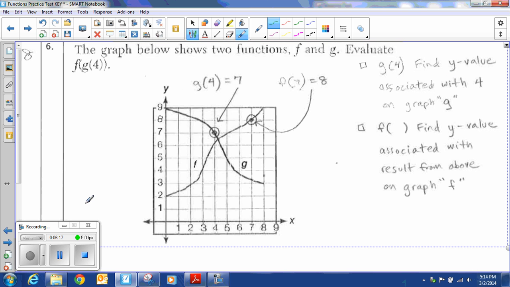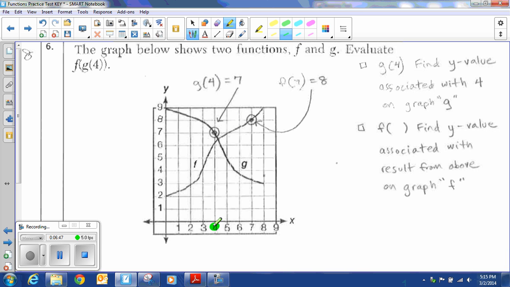Number 6. Here you have a graph, well actually two graphs, right? Two functions on the same Cartesian coordinate plane here, and they're asking what is f of g of 4. So they're basically asking for a composition of functions with the input value of 4. So g is first, so we start with g. We basically have to find where x equals 4,